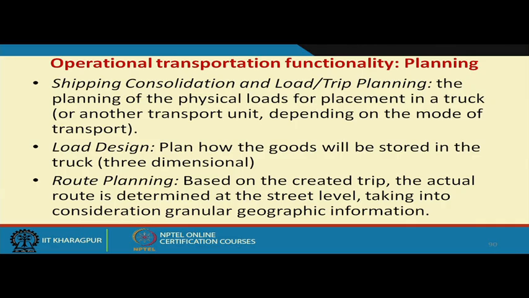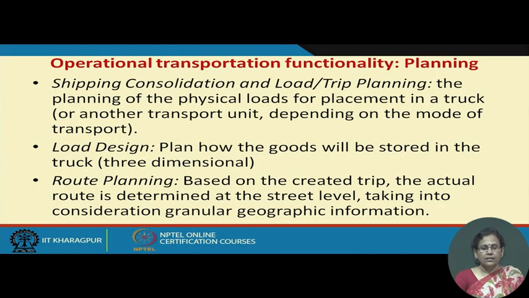Then the next activity under this warehouse management system is at the operational level. In the operational level, we can have two types of activities: a set of planning activities and a set of execution activities. Coming to planning activities, we have activities like shipping consolidation and load or trip planning. Here the planning of the physical load for placement in the truck or some other transportation unit depends on the mode of transport. So, it is deciding